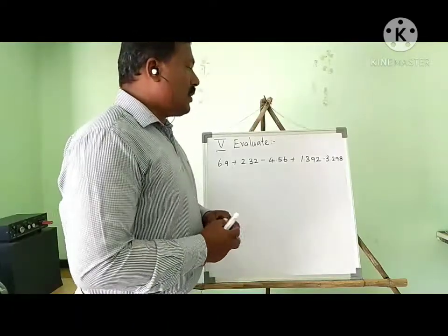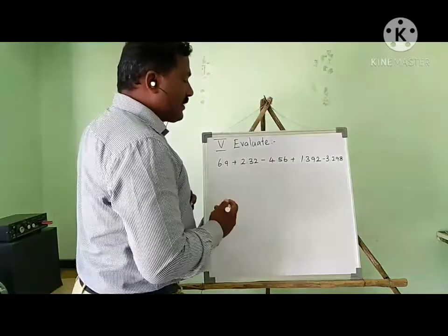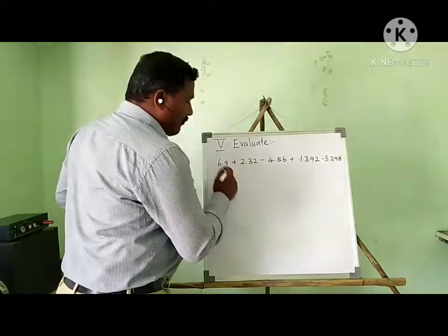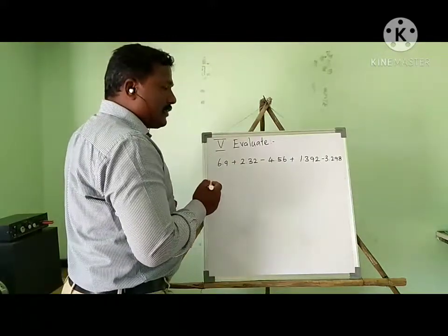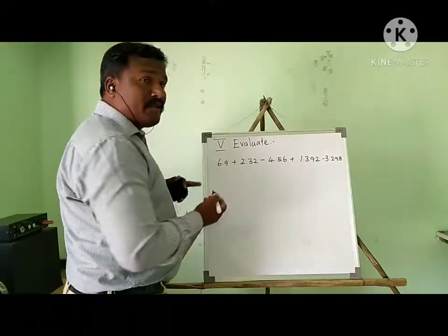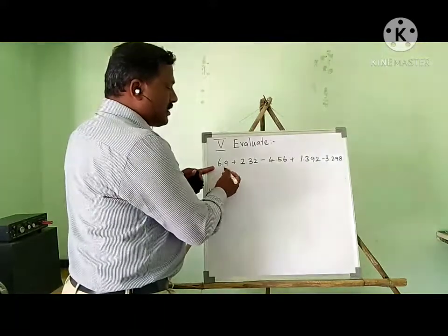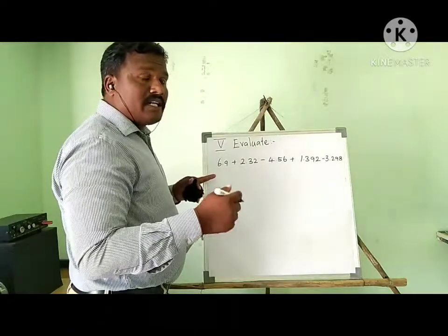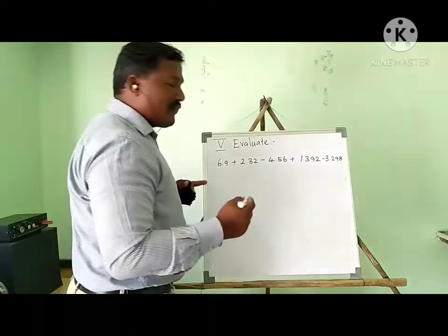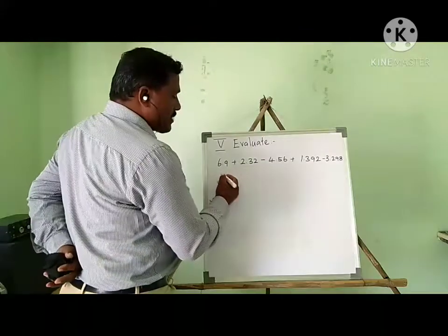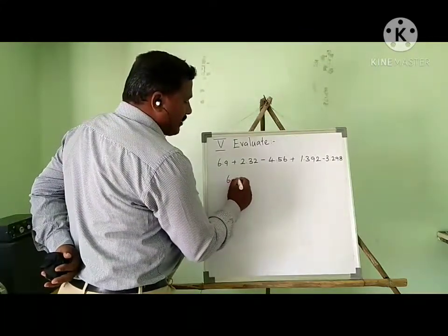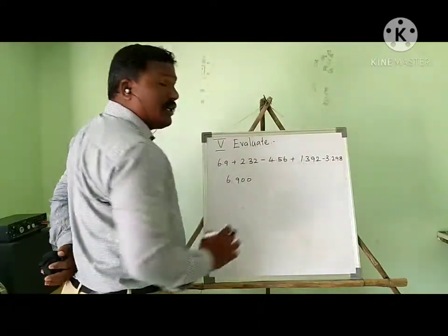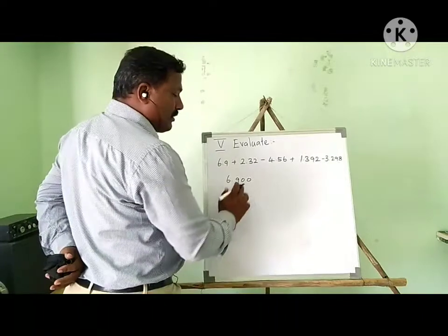Let me show you how. First I will take the positive values. 6.9 is a positive value. Before that, if you look at the positive values, how many decimal places are there? 6.9 has one digit after the decimal, here two digits, here three digits. So first I will convert them to like decimals. You know very well how to convert. So I will take 6.900, because the positive values have 3 decimal places, so I put double zero.